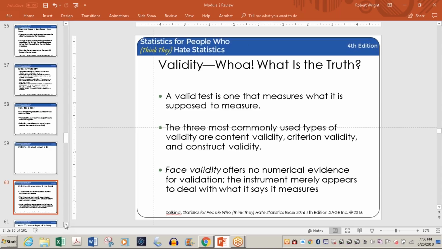The three most common types of validity are content validity, criterion validity, and construct validity. Now, you'll sometimes hear mention of what's called face validity. I wouldn't want to rest any of my results on face validity because there's no numerical evidence. You're just saying, it looks good. It appears to do what it says it's doing, but if you look at it real close, maybe you discover it doesn't. So people usually refer to face validity to disprove something rather than to say, my test is valid, I've got face validity. You want to have numerical data that supports your claims for a valid